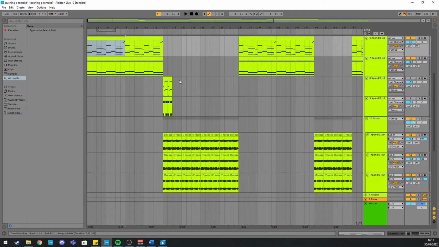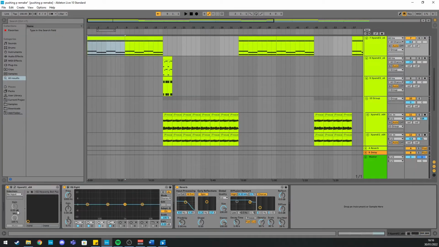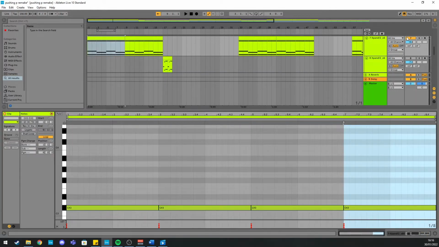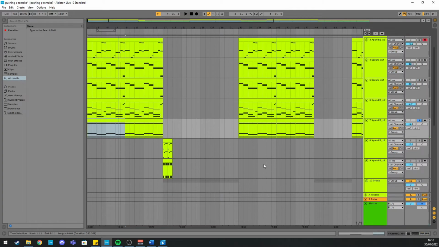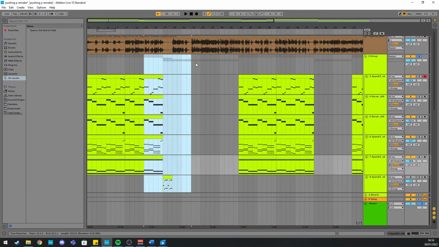Final part of the melody is this simple pad. Again, this is from Expand, and it's called Heavenly Bell Pad. It's playing this very simple melody which sounds like this. So it's quite a quiet pad, but it just adds a bit more depth. And once you have all of your main melodies together for the first part of the song, it should sound like this.